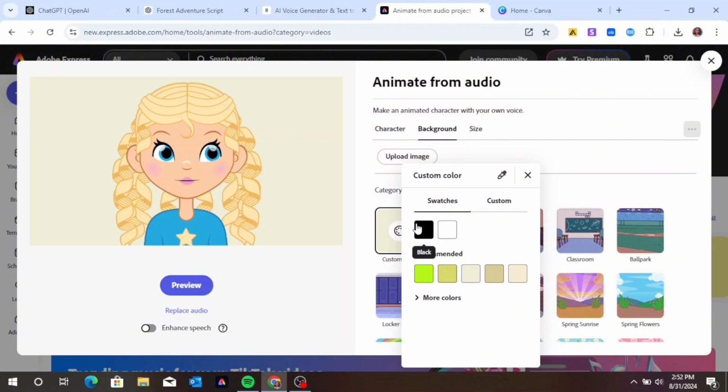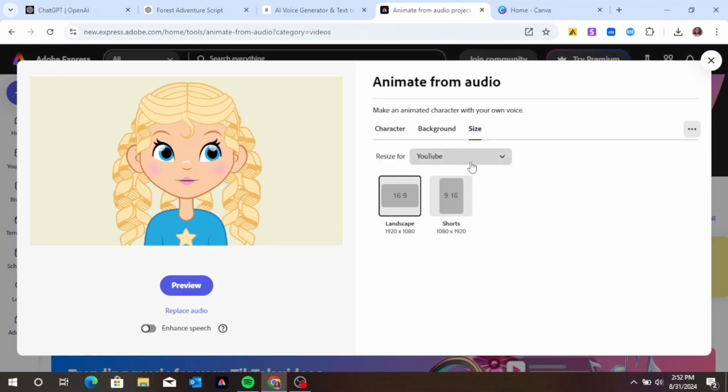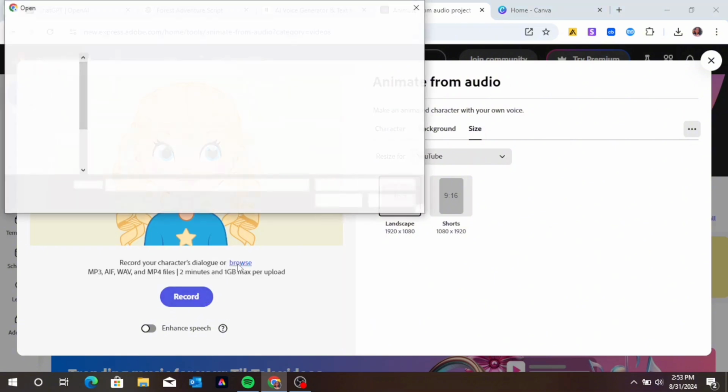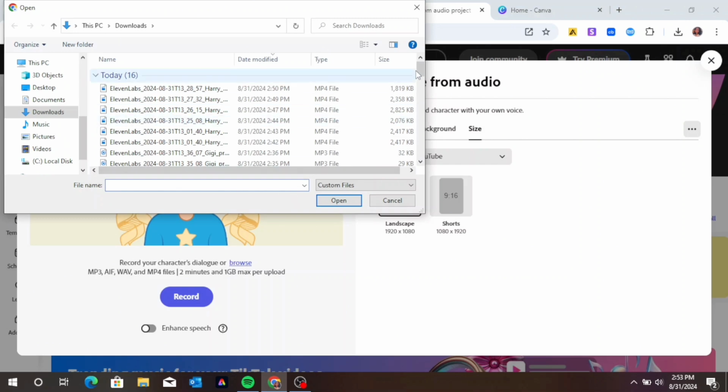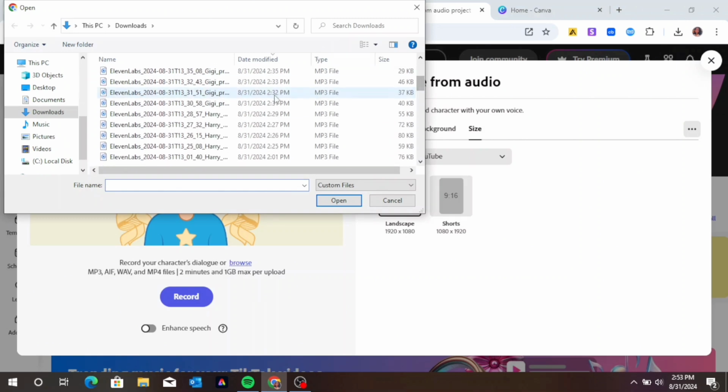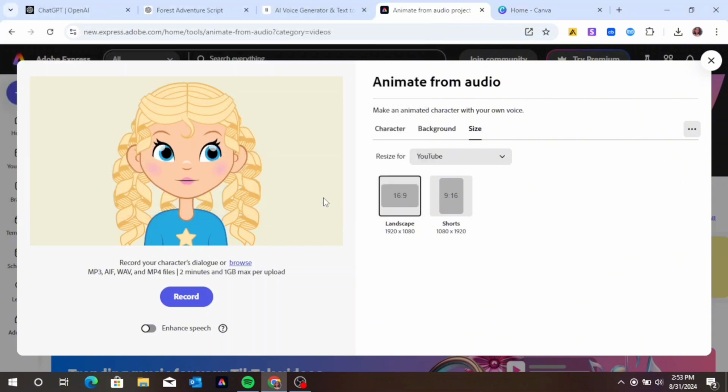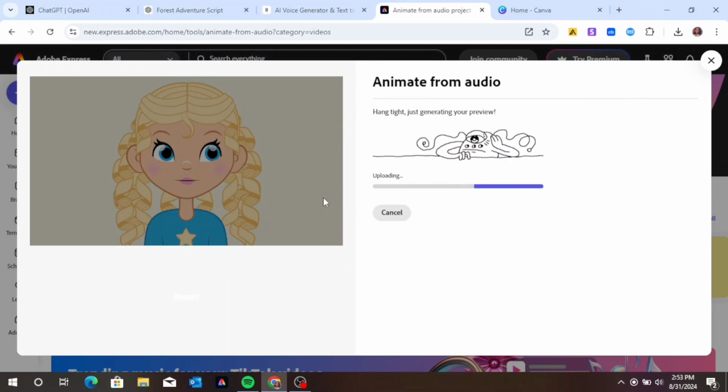So go to background and then click on green screen. Please, guys, do not choose this color you're seeing on my screen. Make sure you use a green screen. So I'm just going to go ahead and replace the audio and then click on browse, right? And then go back to my audio, and then I'm going to look for the first conversation from Lily in our character. So I'm going to click on it, and then once that loads up,